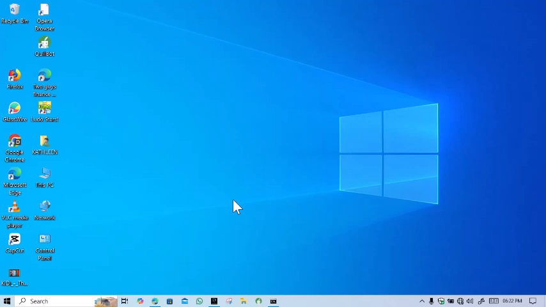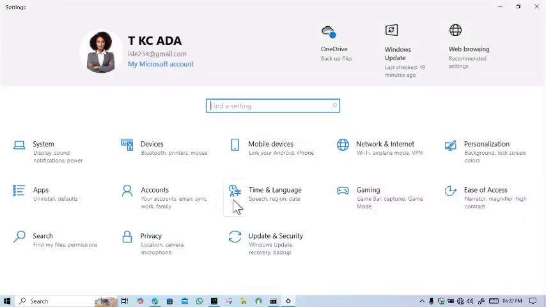Now if you're using Windows 11, simply open your settings app, click on personalization, select dark mode, and toggle the switch to turn dark mode on or off. But if you're using Windows 10 like I am, this is how you can do it. So you open your Windows settings, and then from here click on personalization,